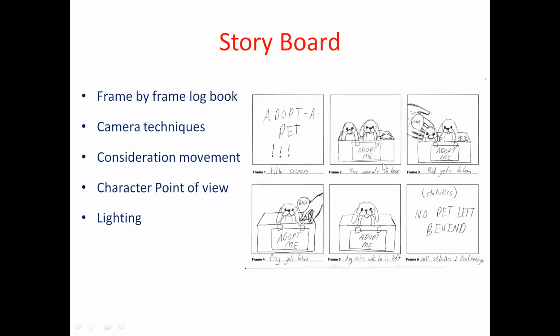Here everything has to be mentioned in the first scene. This one is the title screen, and then this one is the first scene. First scene only two persons are there, and then the second one hand comes in and it takes, and then in the third scene it takes another one, and in the fourth scene only one. So like that you have to sketch each frame using stick figures. That one is called storyboard.